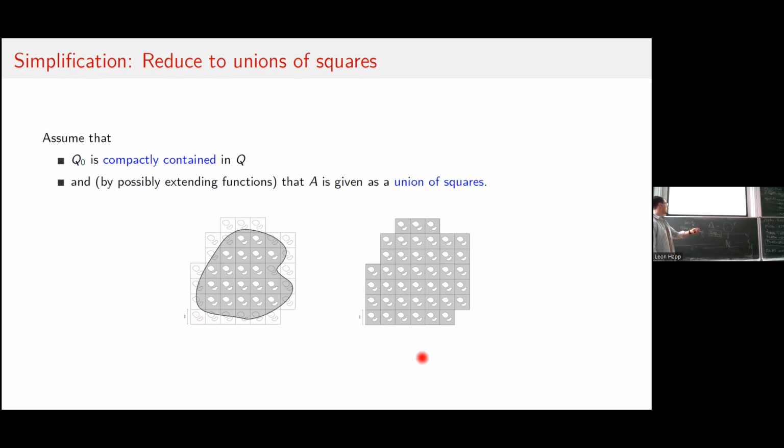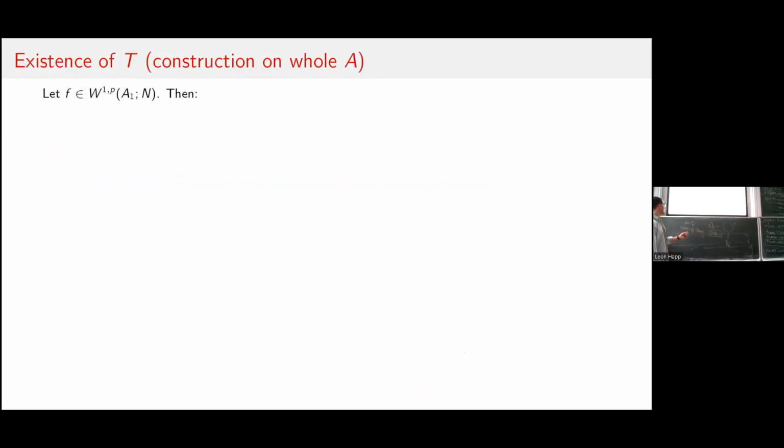So let's assume that our set is given as something like this, just some union of squares. So we can just work on one reference cell and get the rest by translation afterward, basically. What you really have to make sure is that the constant that you get for the estimates is independent of your scale. Okay, we take some f, which is now in A1. So A1 is the analog of the stiff part of our omega, but just on the scale 1. And I just renamed it for convenience here.